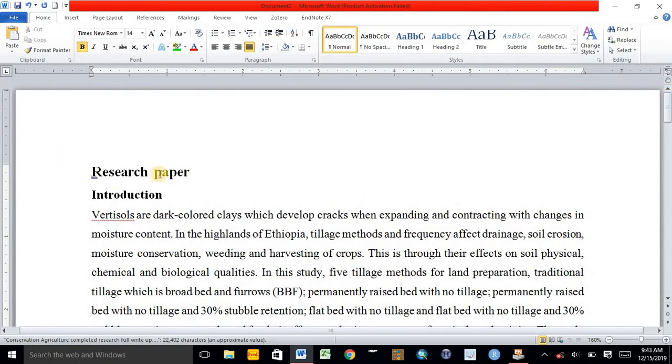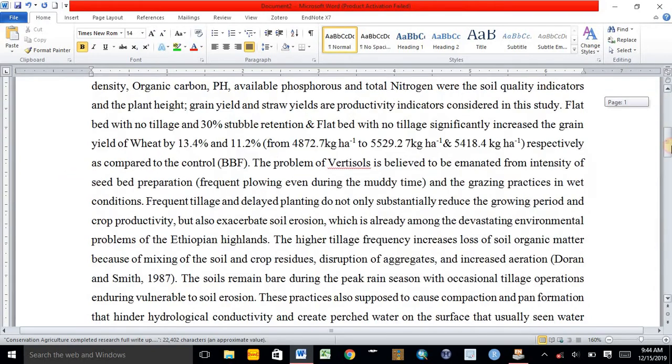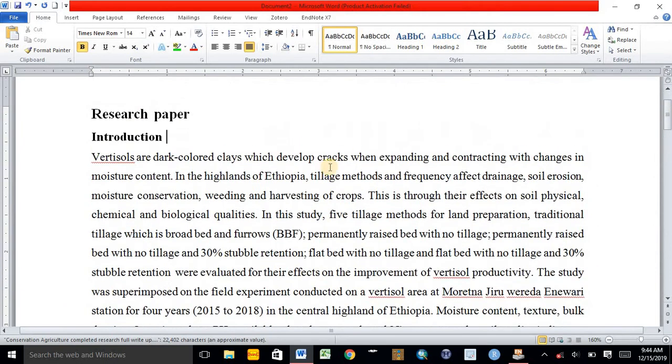Here, if you have the research paper and we see the introduction as well as the discussion part, and if we are interested to add citation and referencing, for example, if we want to add citation here: verticals are dark colored clay which develop cracks when expanding and contracting with changes in moisture content. If we take this idea from some colleagues,